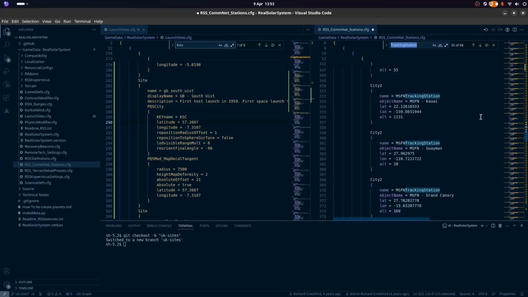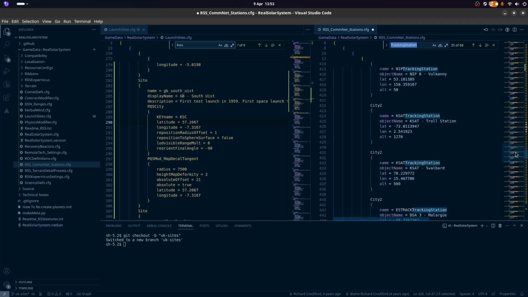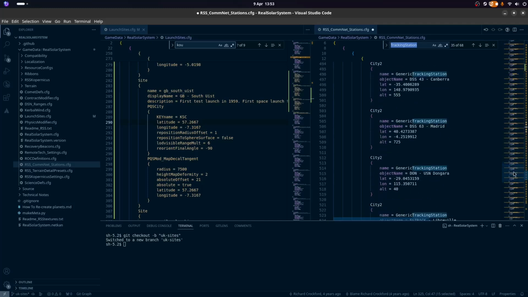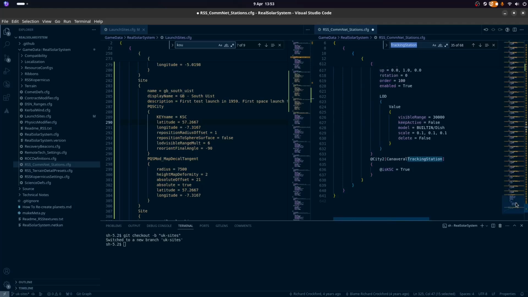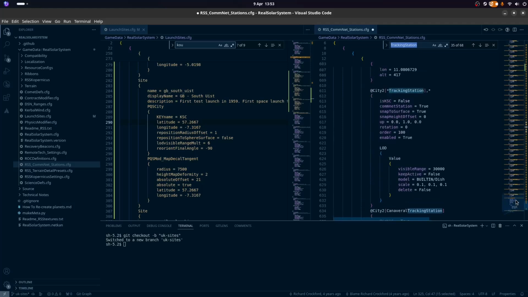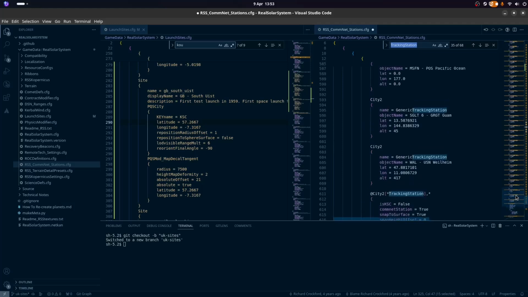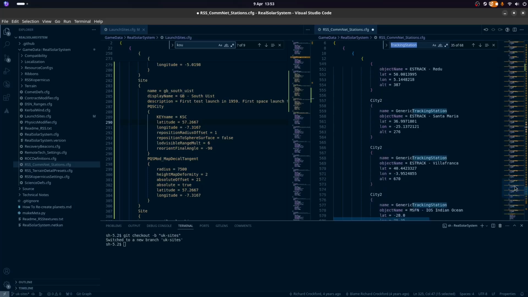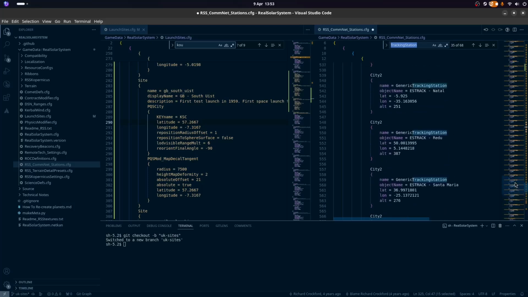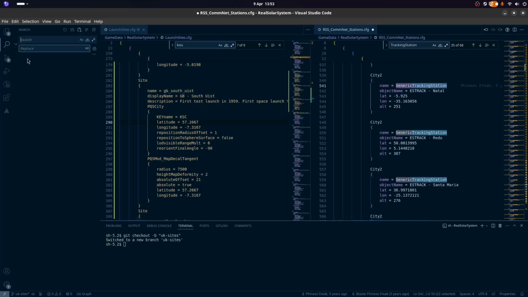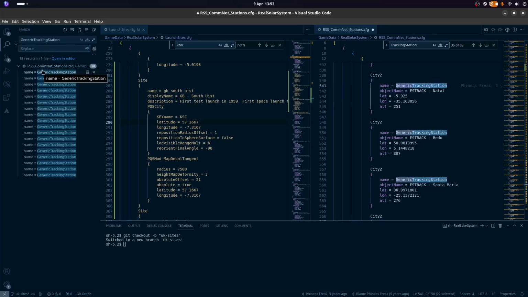No, this will not be one of those. We might have to add this as one of our own. This might be a generic tracking station. If we search generic tracking station, yes, okay, those are just added there.